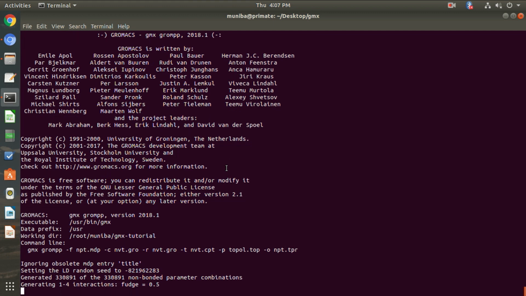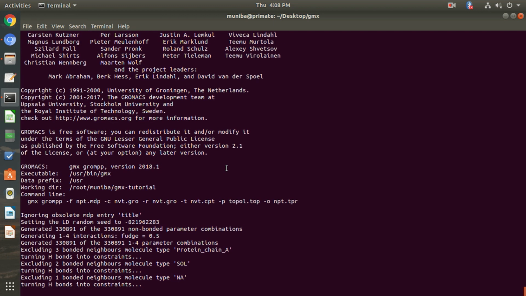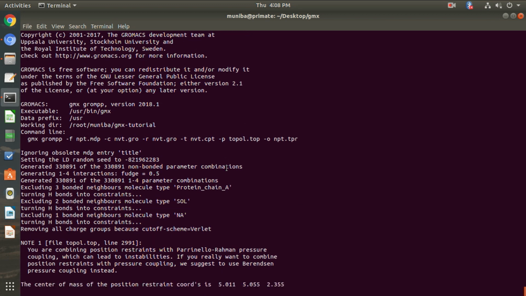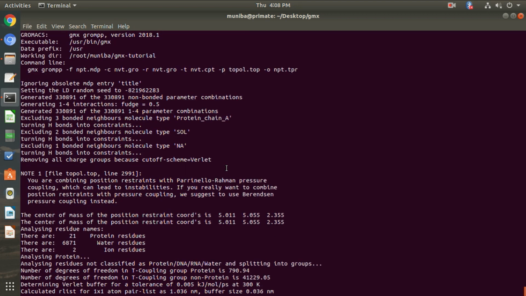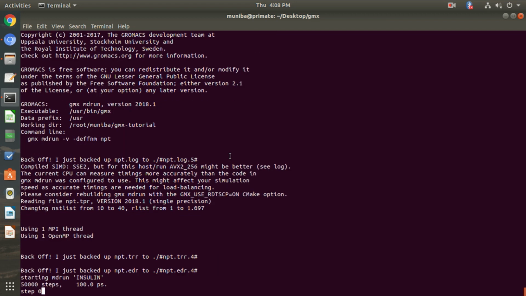You will have to wait for the processing to finish. Now just paste this command here and hit enter.